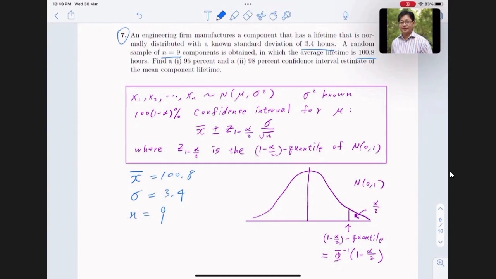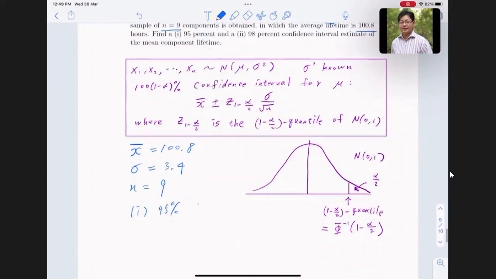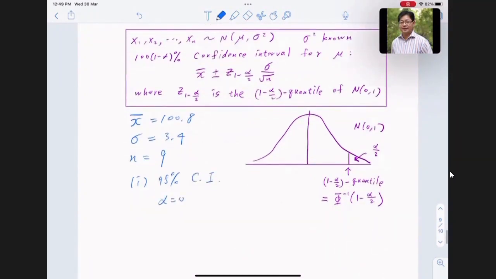Now we have a value of alpha here. What does it mean by this alpha? It depends on the coverage. Because for each confidence interval, there is a number attached to it representing how wide this interval will cover. So if you want a 95% coverage, then the value of alpha will be equal to 0.05. So that the quantile in the formula will be Z 0.975,